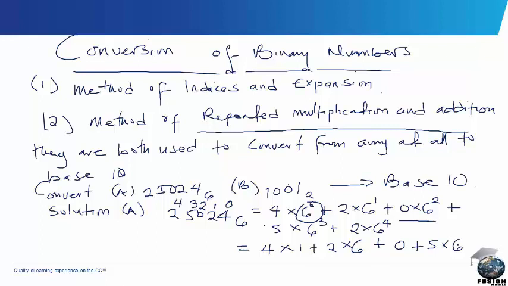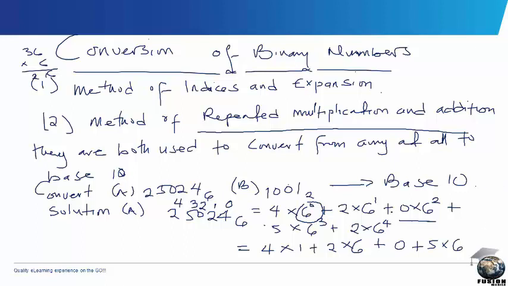6 times 6 gives us 36. Sorry, we'll have to do some rough work here. I have 6 times 6 to be 36, times another 6. Then 6 times 6 is 36, 6 times 3 is 18, plus 3, that is 18 plus 3, which gives you 21. You have